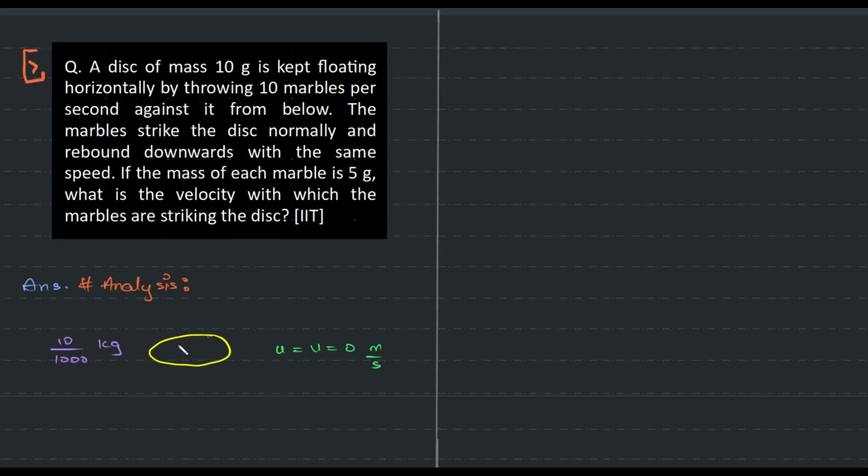So this is afloat, as in this is not falling down, it's in air. This is done with the help of marbles that are shooting up, going towards it and hitting it, and so on and so forth. Right? So continuously, say there is some system which helps doing this. You can imagine that. So these are 10 per second